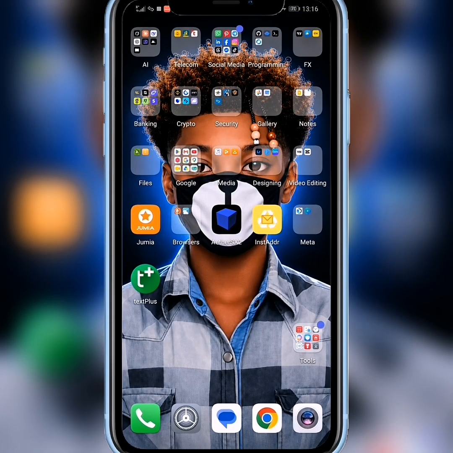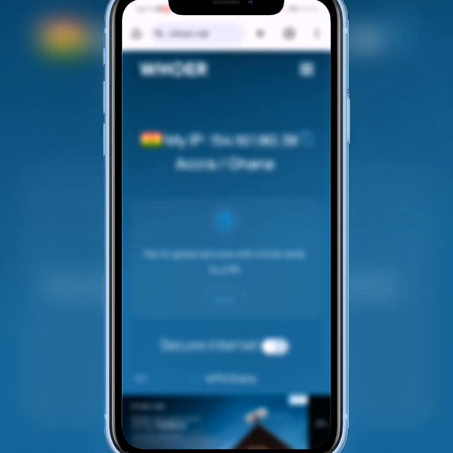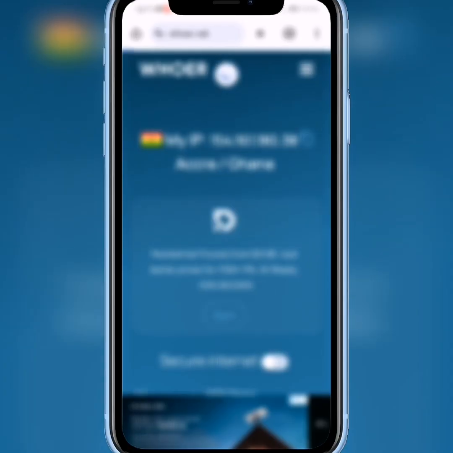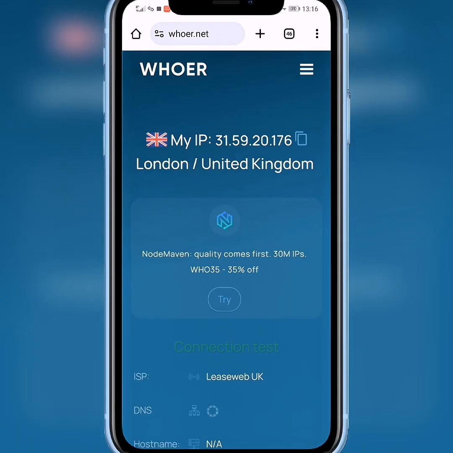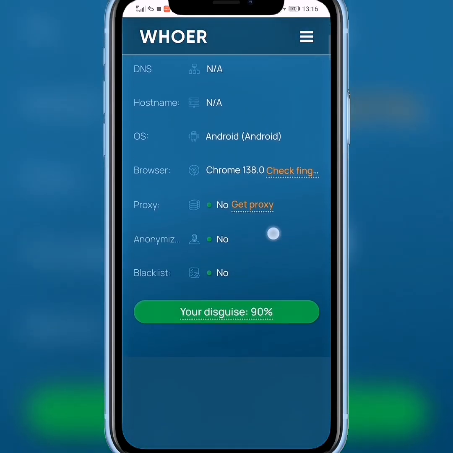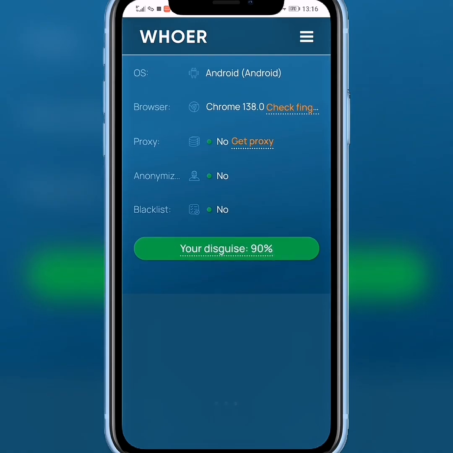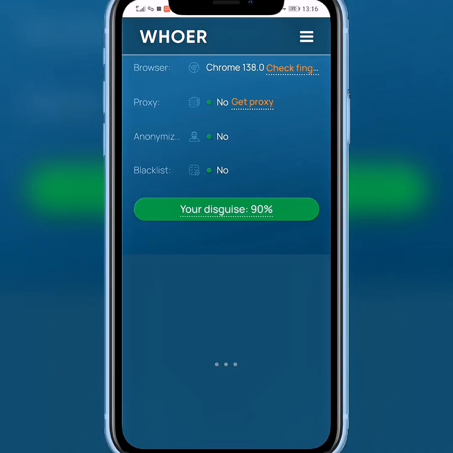So let me go back to the whoa.net website and show you the location. Remember, we chose a United Kingdom proxy, so let's refresh and see if the location has actually changed to United Kingdom. You can see that the location has successfully changed to London, United Kingdom, and all the details over here have also changed. But you could see that our disguise has been set to 90%, meaning this is not fully complete, and I'm also going to show you how to make it